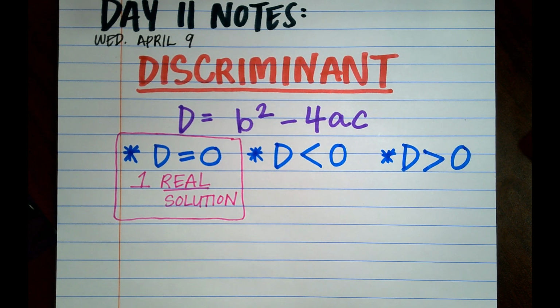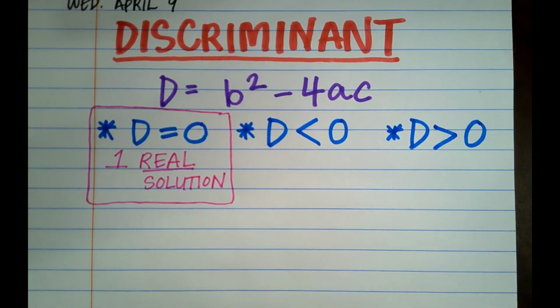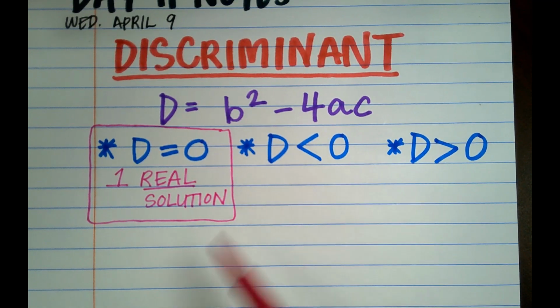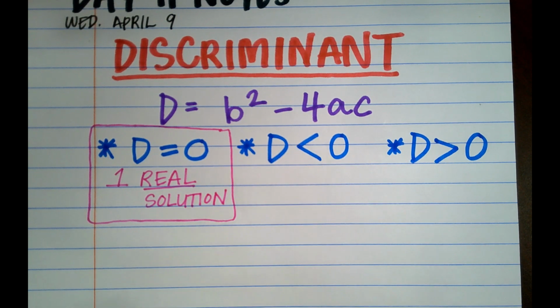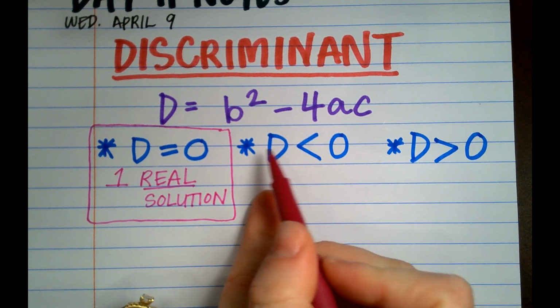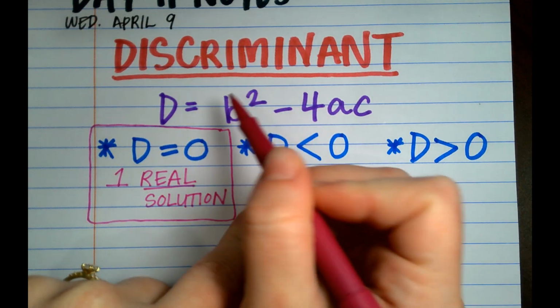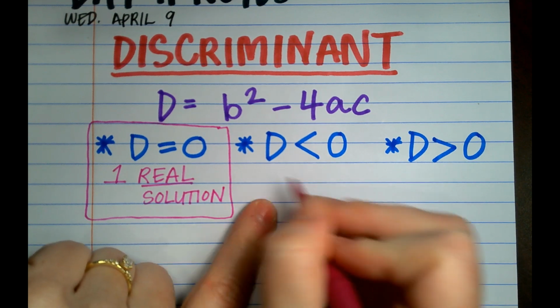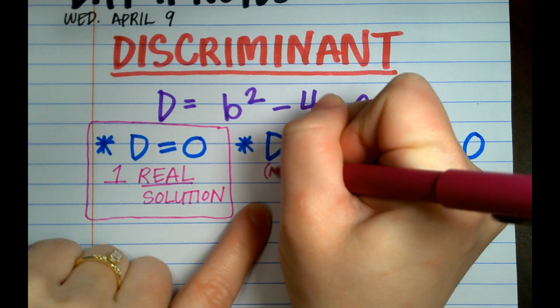One real solution, meaning that there will be one number that is our answer for x. This will make more sense later on when we do some examples. Now, if the discriminant is less than 0, if any number is less than 0, what kind of number is that? A positive or a negative? A negative. So what's really being said here is when your answer is a negative number, so we're going to write under here to remind ourselves, when D is negative,